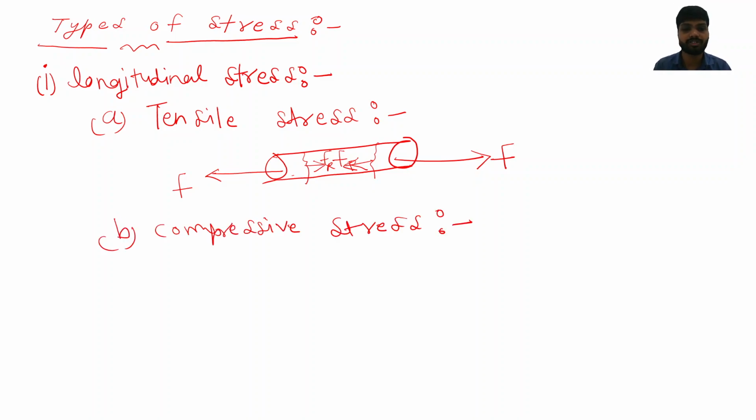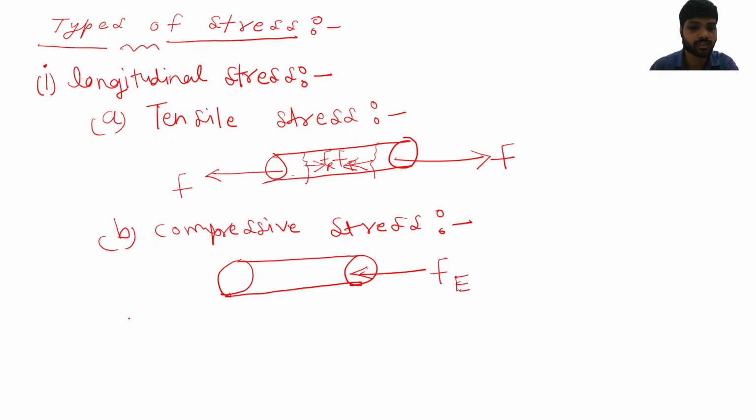So compressive stress is a type of stress which occurs in a body when external forces try to reduce its length or try to compress it, try to push it from both sides. So we can understand it with the help of a drawing. Suppose this is a body which is compressed on both sides by an external force Fe,